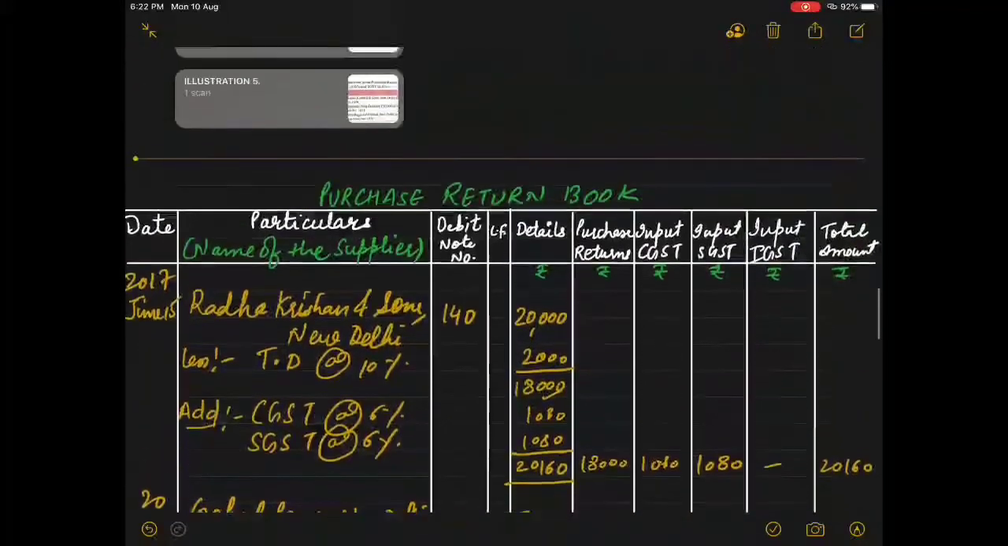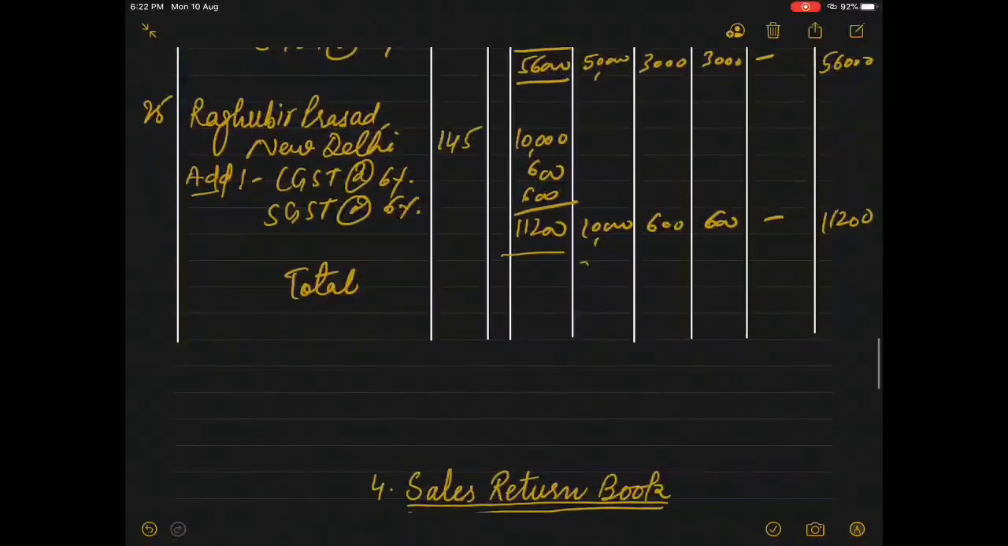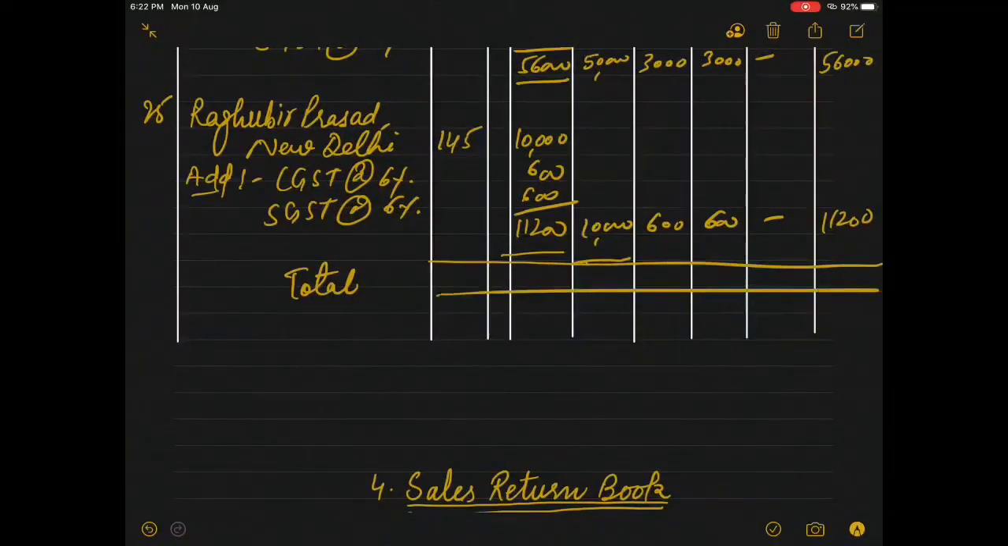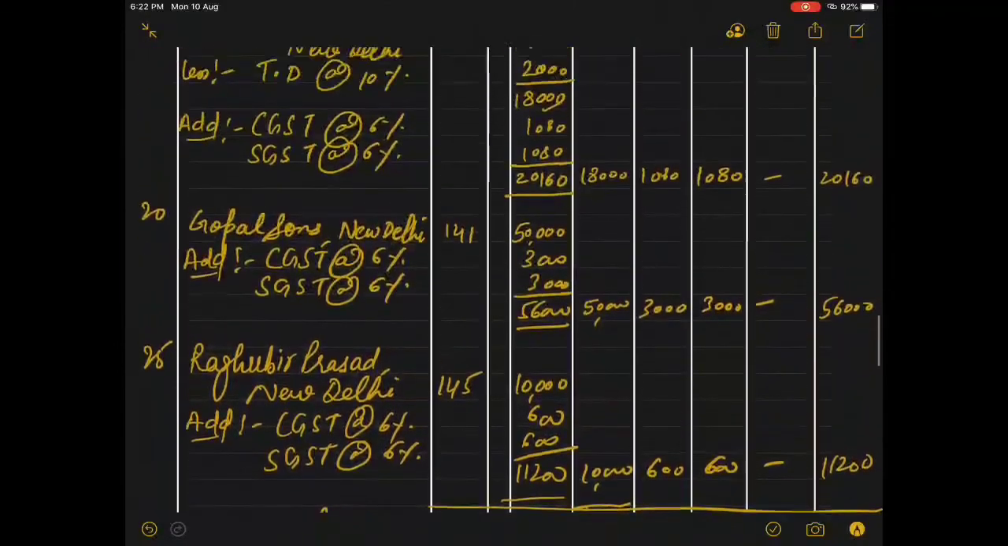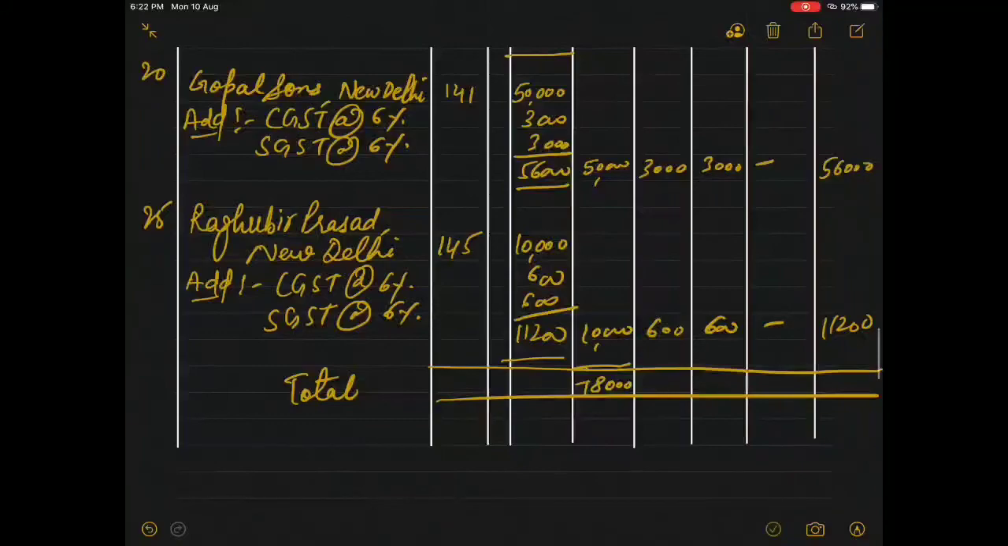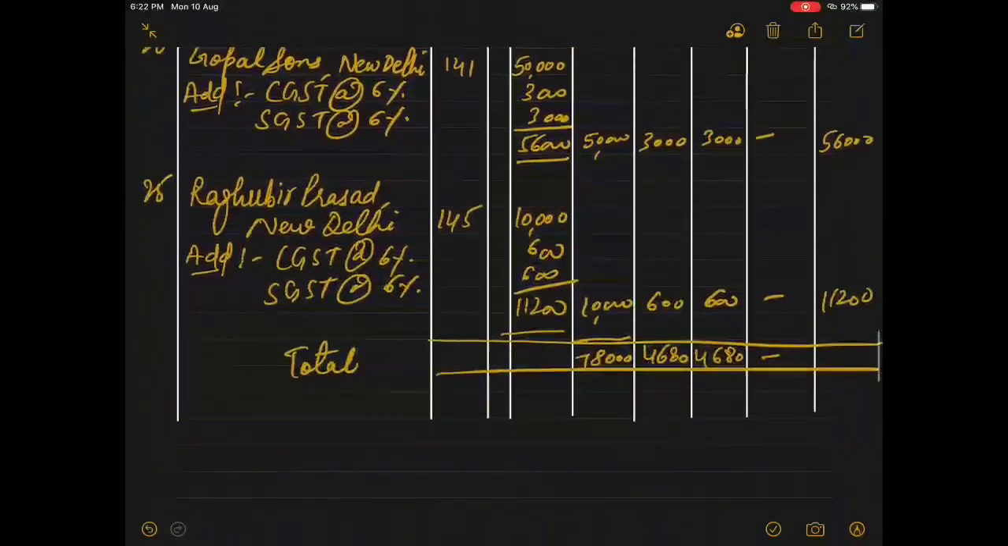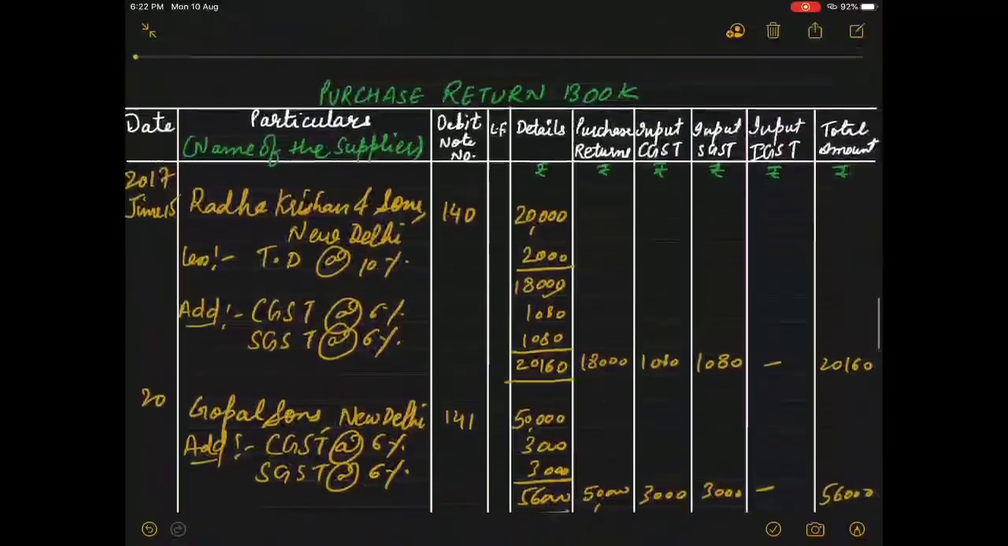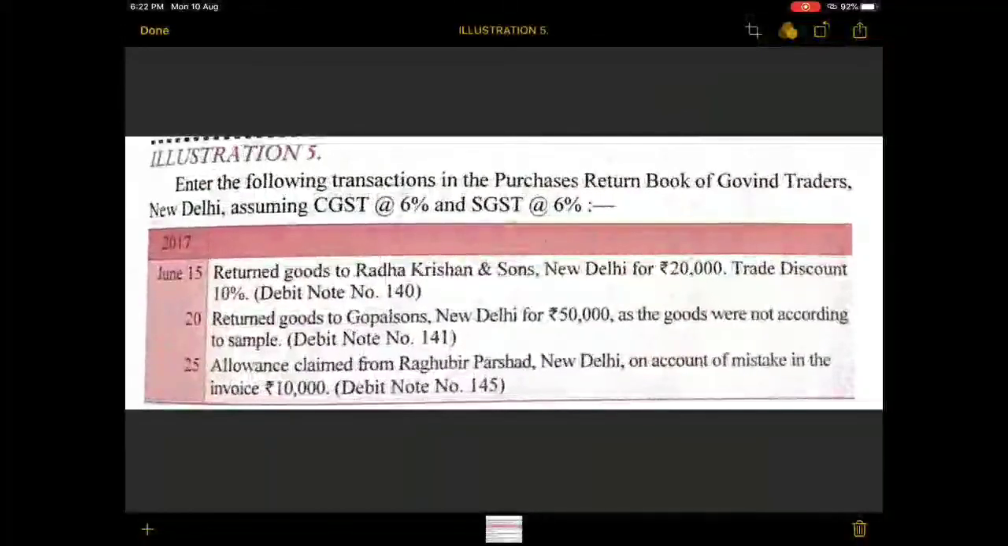Right, all the transactions we have done. So at the end, the total of the purchase return side is 78,000. Total of CGST is 4680. Total of this is 4680, blank, and total of this side also is 87,360. So your question related to purchase return illustration 5 has finished. So try to solve the practical question related to the purchase